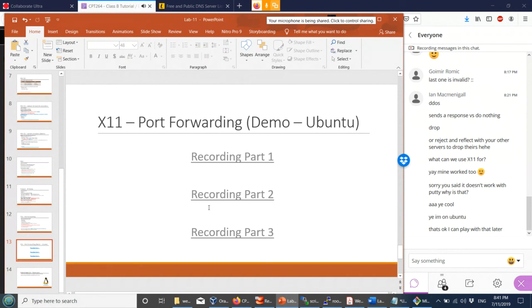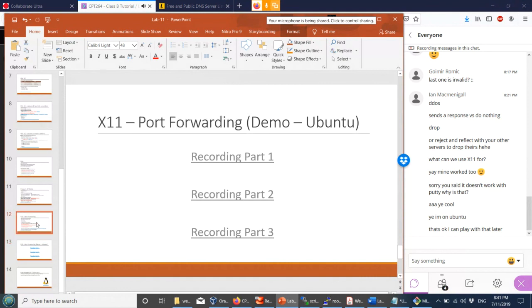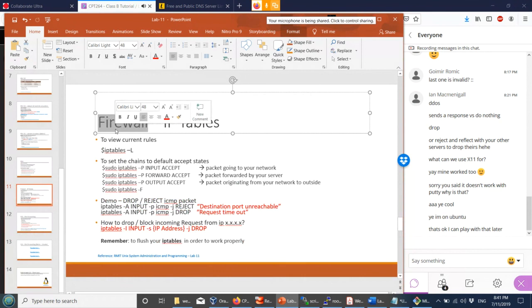But remember, there are three things for you to take from today's topic, and I'm pretty sure they will most likely come up in your exams. First, you need to play around and get your head around, and understand inside out, the X11 port forwarding. Also, you need to test and play about the firewalls. So X11 port forwarding, firewalls,